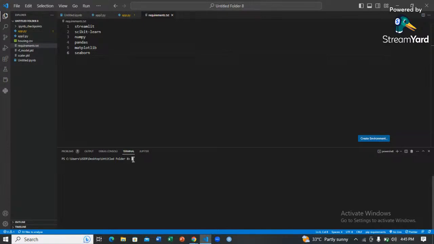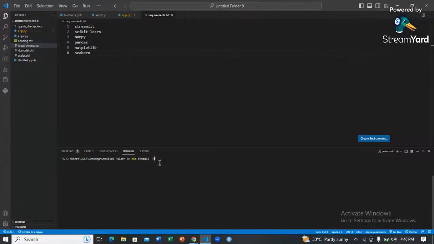But if you want to install all these guys, instead of installing them one by one by saying pip install Streamlit and what have you, I can just come here and do pip install